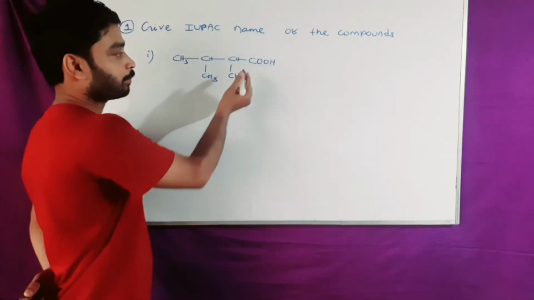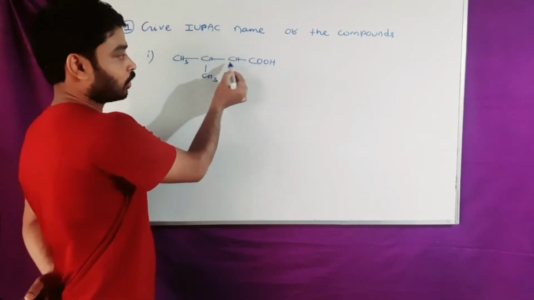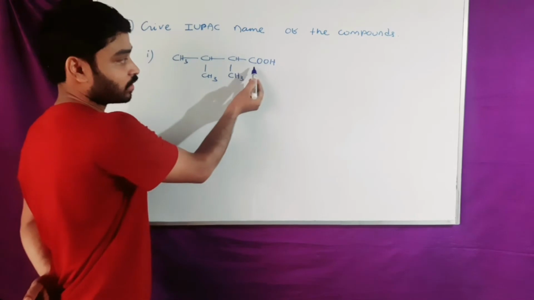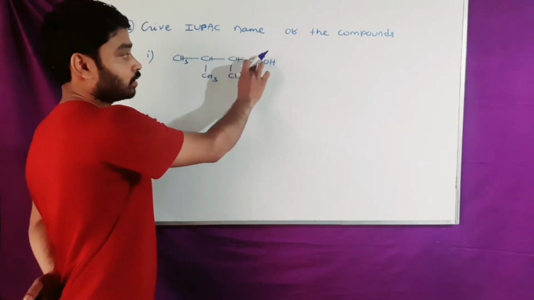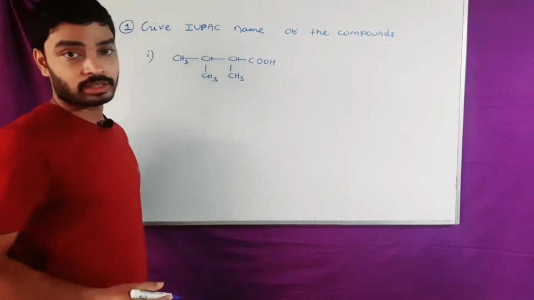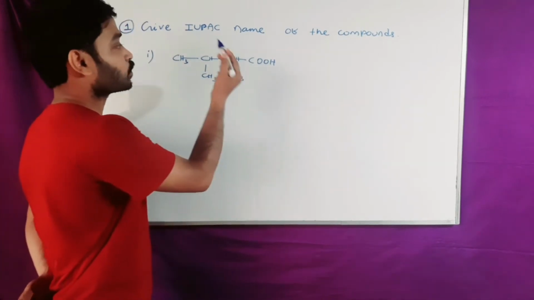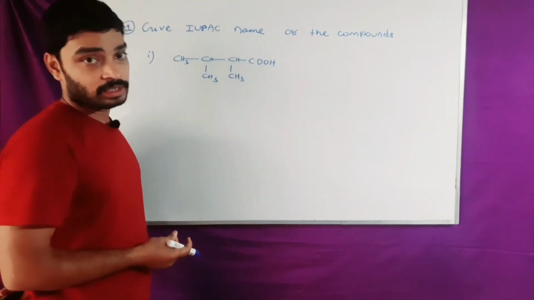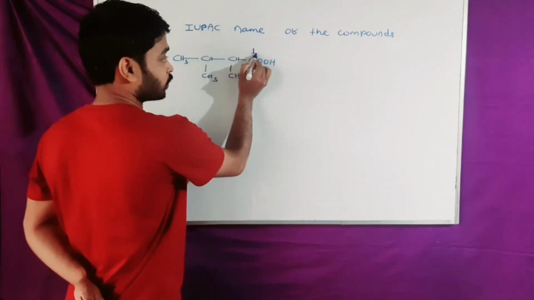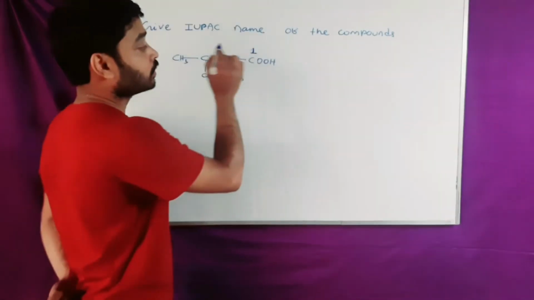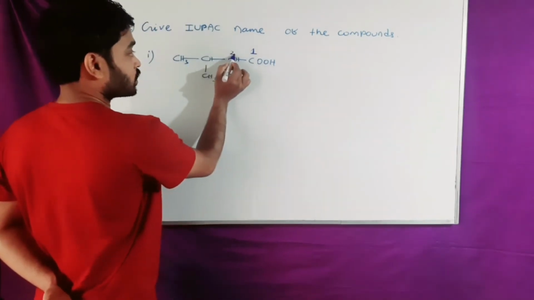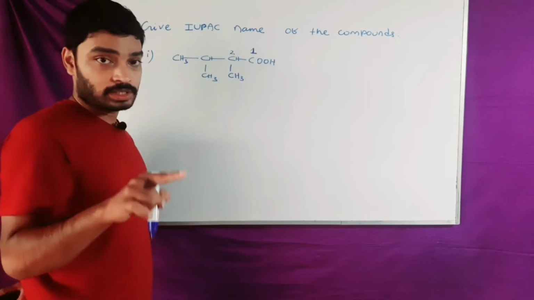So, if you have tried, mark that all hydrocarbons are present in the rest part of the compound, excluding the first part. In the first part, the terminal carbon is a functional group, and the functional group belongs to carboxylic acid. As it is a functional group containing a carbon atom, the number 1 position will start from the carbon atom of the functional group, and the numbering will progress for the selection of the longest continuous carbon chain, giving priority